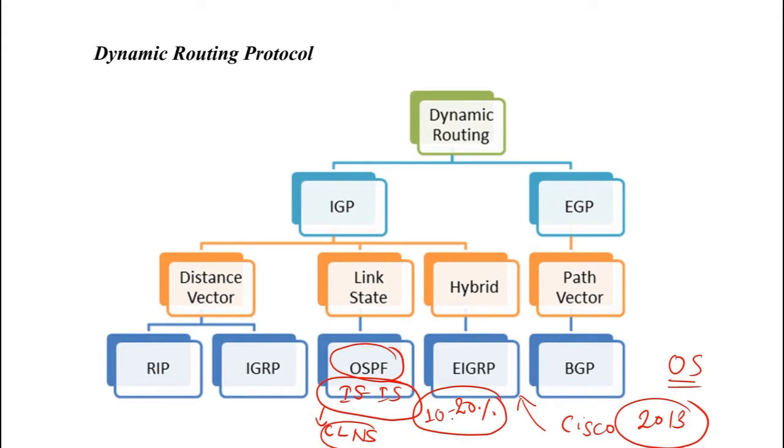So that's what I was talking about. 10 to 20% are using EIGRP, and ISIS and OSPF are used in the majority, and RIP is also used wherever there is a legacy network. Although new enterprises don't prefer RIP, because nowadays security is a major point of focus. Everybody is worried about security. The more digital we go, the more secure we want to be. That's why we mostly use OSPF and ISIS as our IGP protocols.